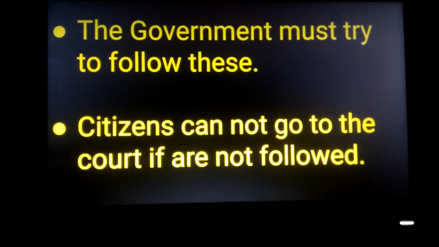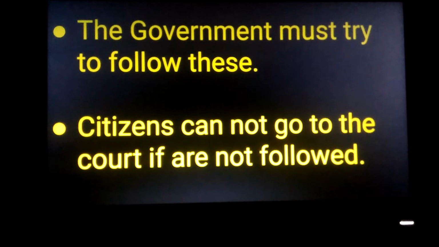As I have told you, if the fundamental rights are not given to us and the people are exploited, there is right to constitutional remedies that allows us to go to the Supreme Court or the high courts for justice. But for these principles, we are not supposed to go to the court to fulfill these. But still, the government of India tries its best to fulfill these guidelines for the welfare of people,